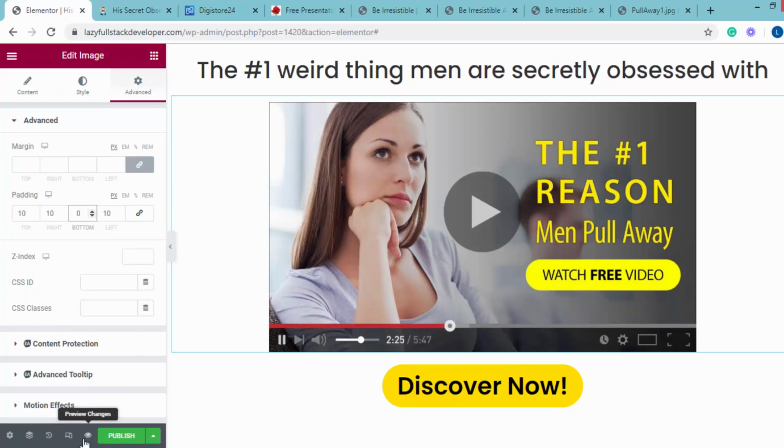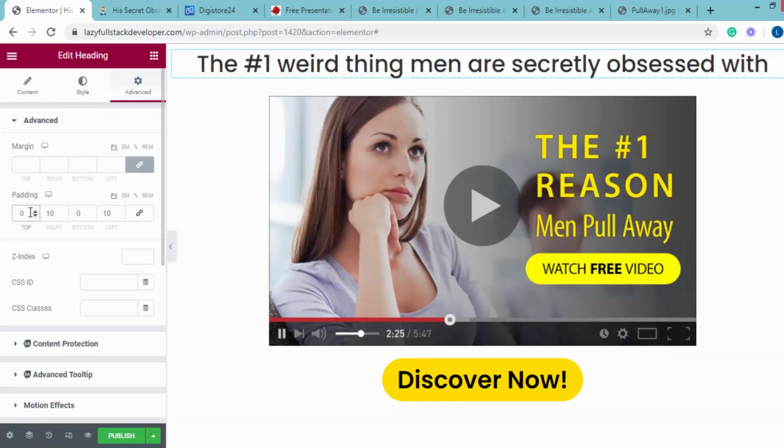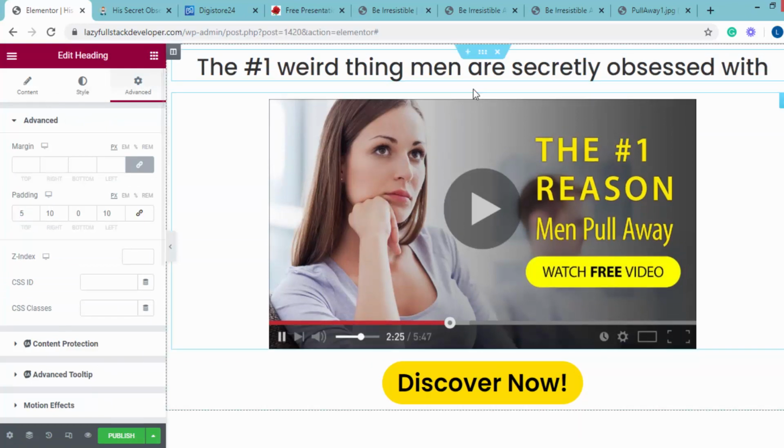Now let's check it again. Let's decrease the top padding, so I will add it like 5 and also go to image